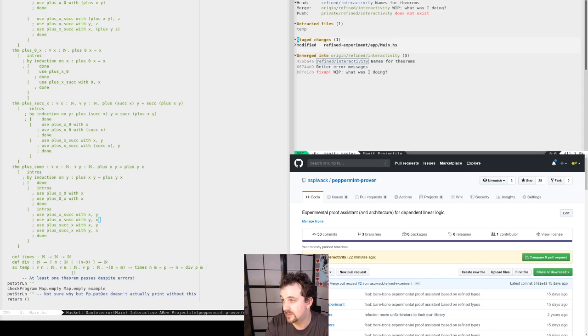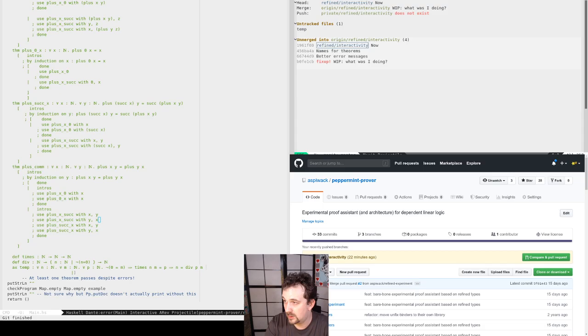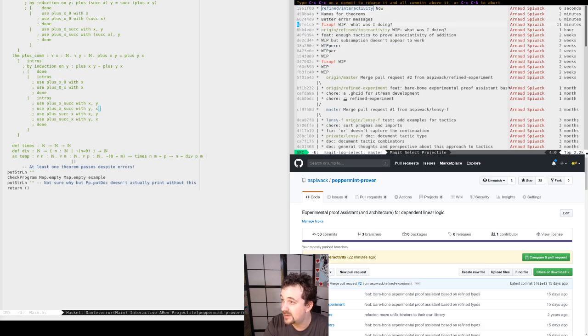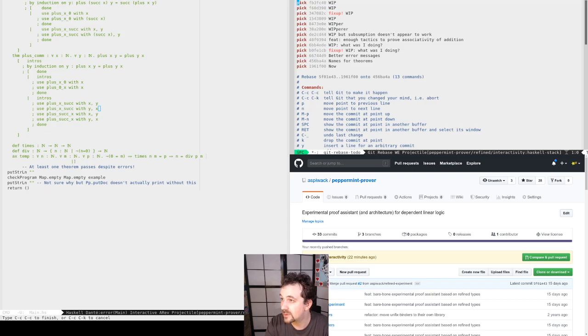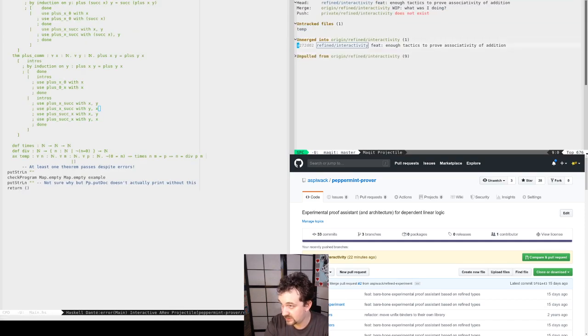So now we are going to rebase all of this and make a clean commit. I'm going to pick this up. These are all fix-ups, so I'm going to squash them with this. I'm just deleting this, and this is going to be what I said, just enough tactics.